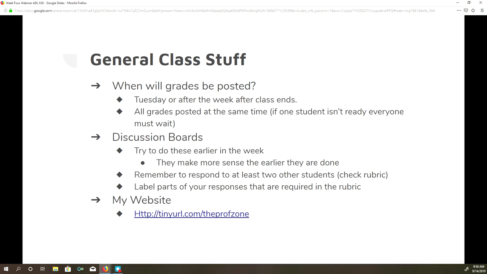It's usually not before noon, and typically not until at least 4 o'clock or later. But oftentimes I take a little bit more time to wrap everything up and get the grades posted. So it could be Wednesday or Thursday or Friday, hopefully shortly after the class ends. But just be ready for that.